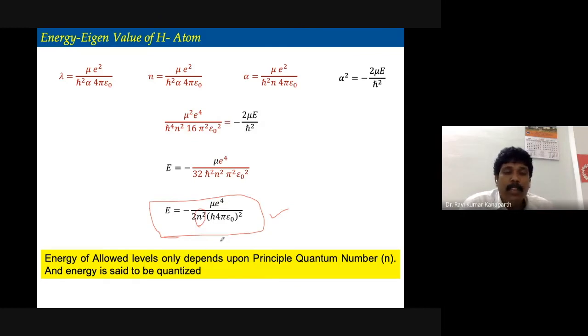So today, what we have done is essentially we tried to solve the radial equation of the hydrogen atom, which you obtained in the previous class. During this process, we have obtained the principal quantum number, and also we have got an expression for the eigenvalue or the energy of the hydrogen atom. And then we understood that it is quantized, and its values start from n equal to 1, 2, 3, 4, and so on. Accordingly, the energy values can be different.